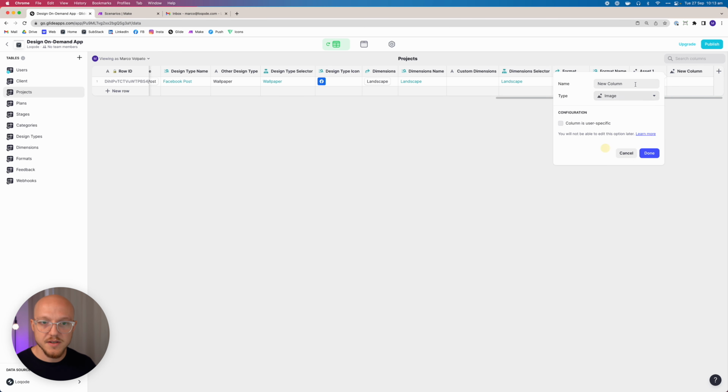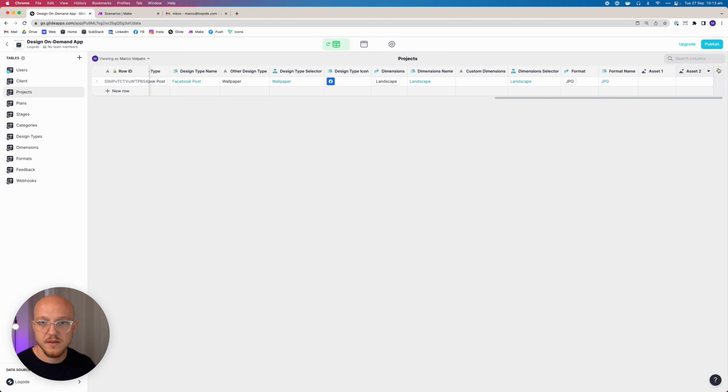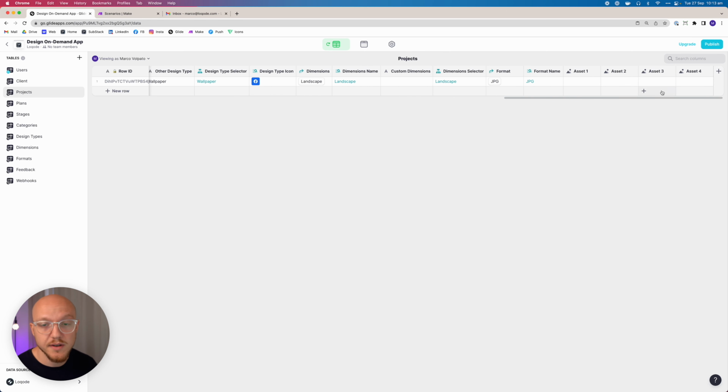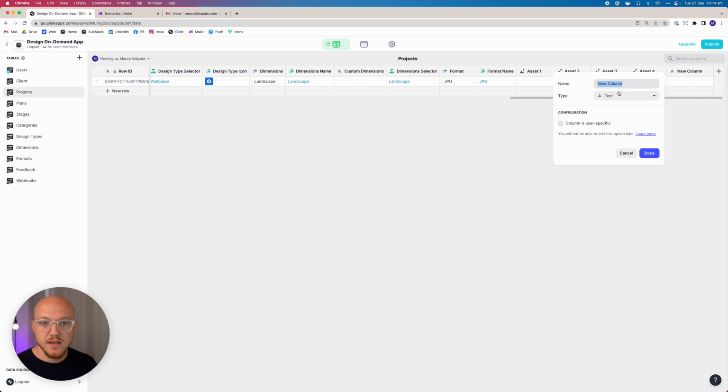We're going to add another image field. This is going to be called asset 2. Asset 3 is an image field. And for this particular application, I'm just allowing them to upload 4 assets. You can add as many as you want. Just be aware it might chew into your data. Then we're going to add